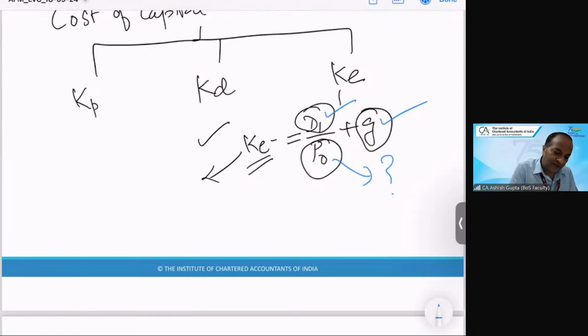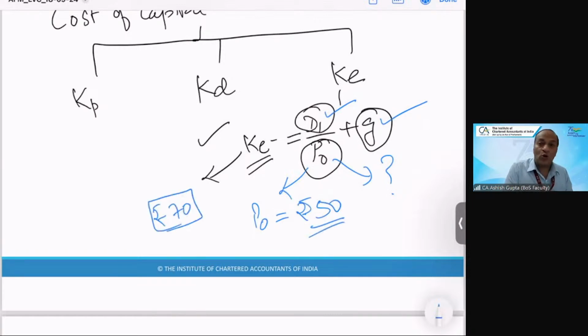Now suppose I have been given some figures, and from these figures I compute this value P0 as 50 rupees per share. Now in the market, if it is trading at 70, it means it is overvalued. It does not deserve this much amount, so it will be called overvalued. Now if the same share is trading at 45 rupees, it will be called undervalued, because it has more value than it is trading at.